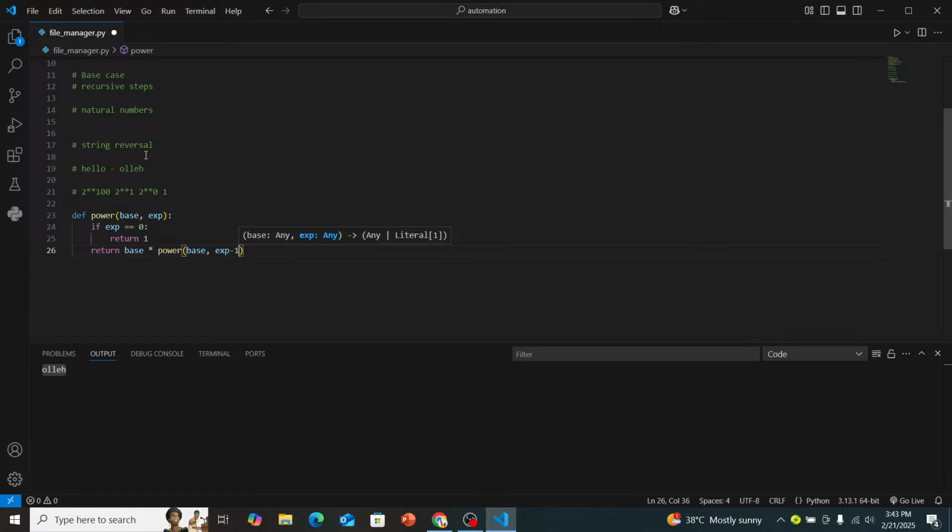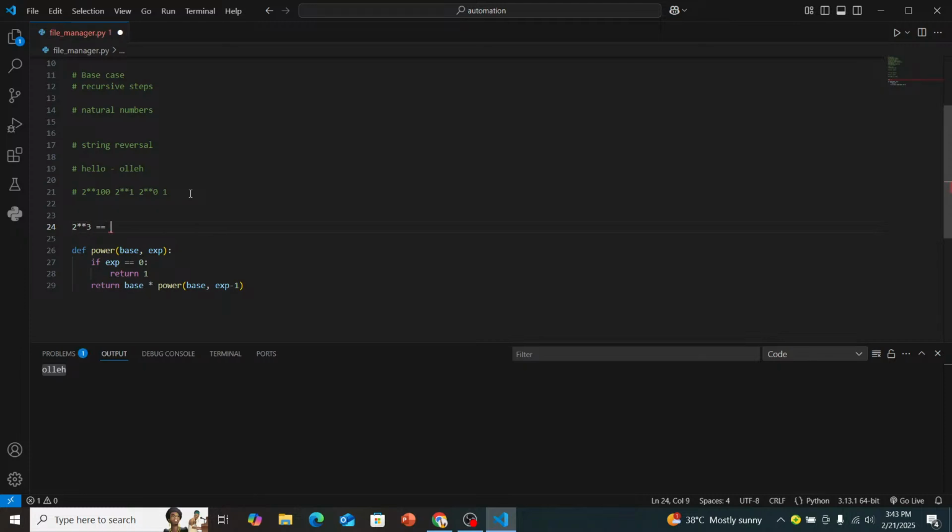If you have 2 raised to power 3, it is the same thing as 2 multiplied by 2 raised to power 2, which continues until you get to 2 raised to power 0, which is going to return 1. So this is what plays around here. If you want to make use of this function, you can have